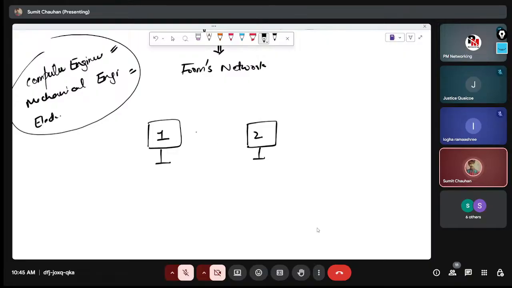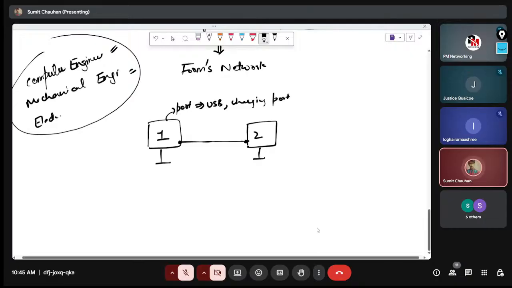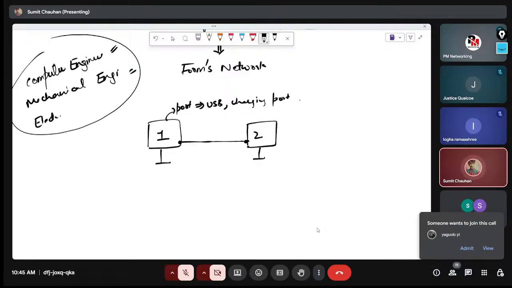Like, if you want to connect two computers, then you can connect them through a cable. That cable you need to connect to PC1, and the end of that single cable you need to connect to PC2. And you already know we have multiple ports in our computer, like a USB port, your charging port to charge your computer. That is also a physical port, through which you are connecting your computer to something for some reason. USB port is for connecting your pen drive so that you can share the data. You have CD drives, you have others, these are the ports. So guys, to connect these two computers, we have a special port that is known as